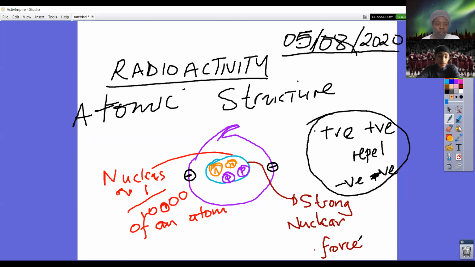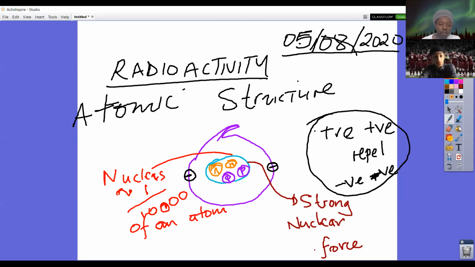This is a special type of force known as the strong nuclear force, and it only acts over a very, very small distance within the nucleus. So it's what keeps the protons from wanting to burst out of the nucleus. The strong nuclear force keeps them all together. Absolutely. And actually, what happens is if you are building an atom, I'll just change my screen